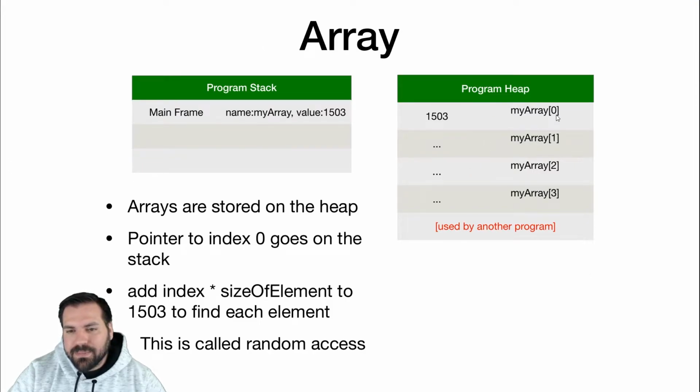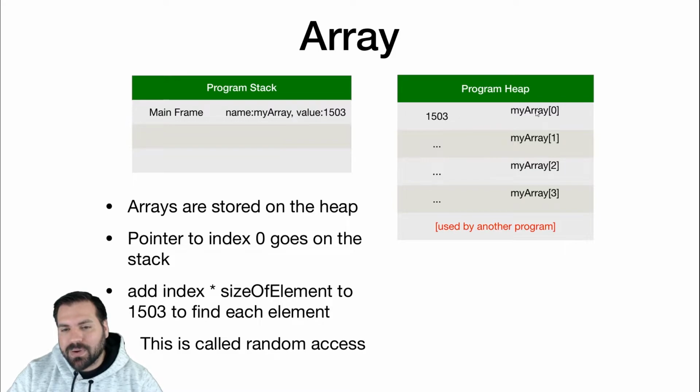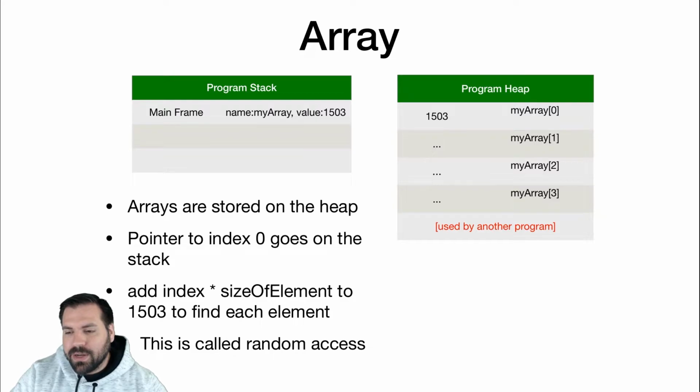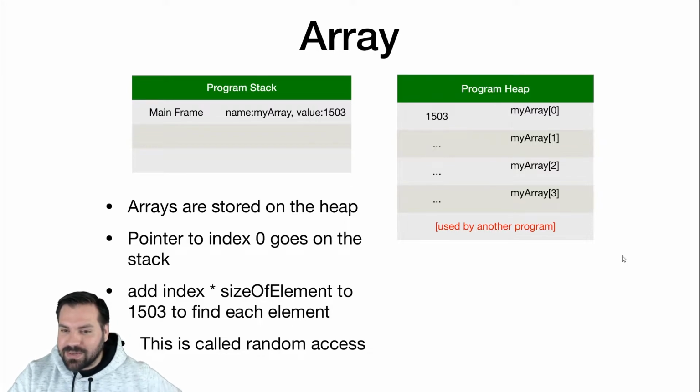So an array, I have my element at index 0. That's what I'm going to store on the stack. And then in the heap, I'm going to go to that index and then add whatever I need to add to it to get to any other index in the array. And then after the end of the array, I don't have access to that. I'm not allowed to access that. If I try to access that, I'm going to get an index out of bounds error. Or if you're coding in C, you're just going to get whatever is stored in memory right here, which you'll have fun with in 220.